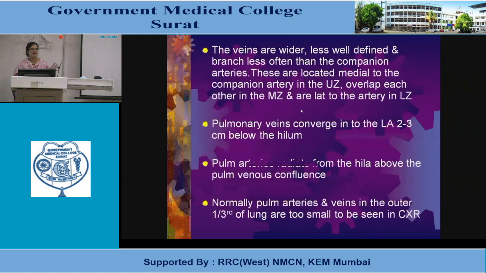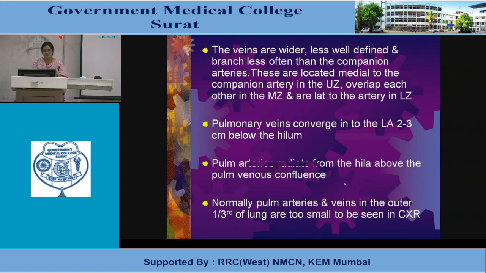The veins are wider, less well defined, and branch less often than the companion arteries. These are located medial to the companion artery in the upper zone, overlap the companion artery in the middle zone, and lateral to the artery in the lower zone. Pulmonary veins converge into the LA, 2 to 3 centimeters below the hilum. Pulmonary arteries radiate from the hilum above the